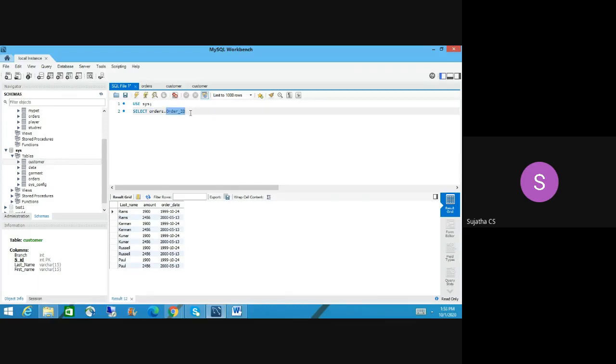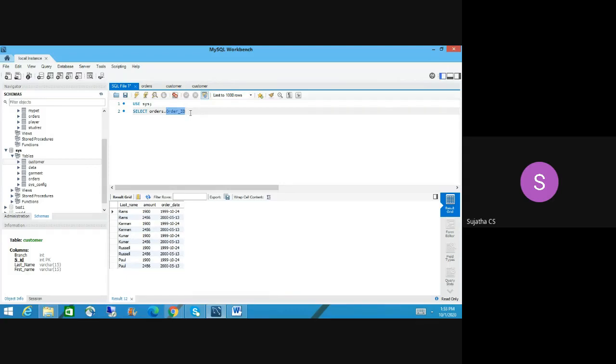If you are matching with three different tables, I'm picking first with an order table column, and then I'm picking something else from a third table. How do you write it? Sometimes there are many relationships. The primary table is the customer table, and then the order table is a child table. You add one more table, and many tables will be there.